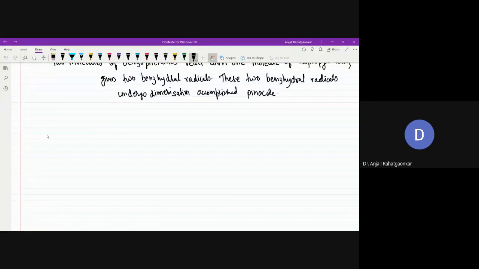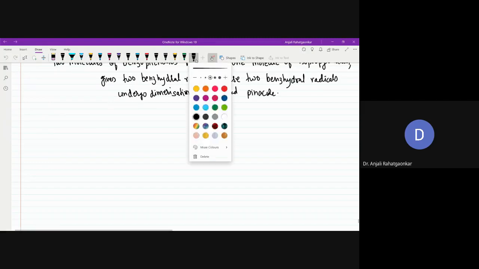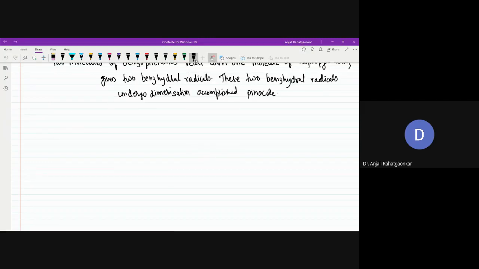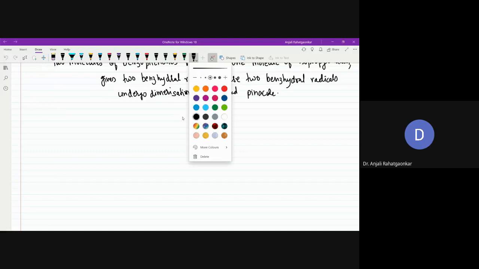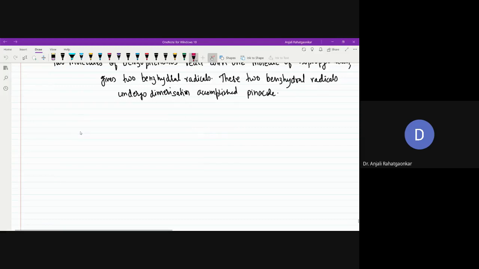Now here, the very important note is that in the Paterno-Buchi reaction also, what we have seen, if we put electron withdrawing groups on the substrate, the chemistry will be something different. If we put electron donating groups on the substrate, again the mechanism will be changed. Now here, the important point we need to discuss is